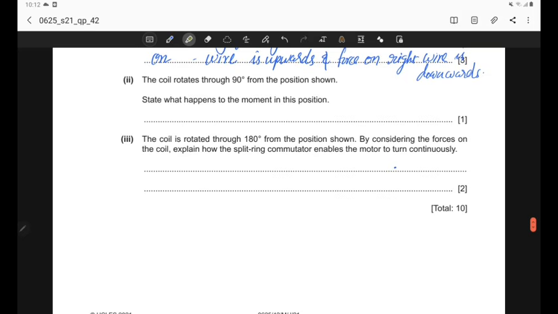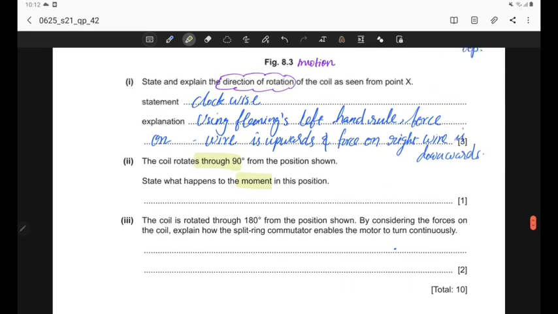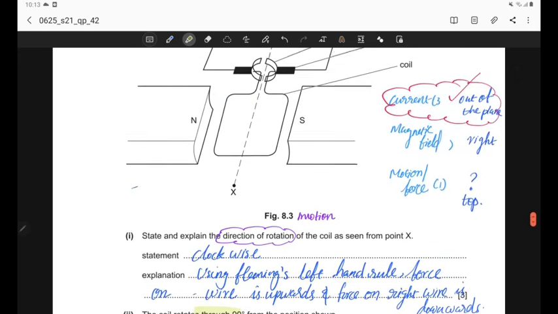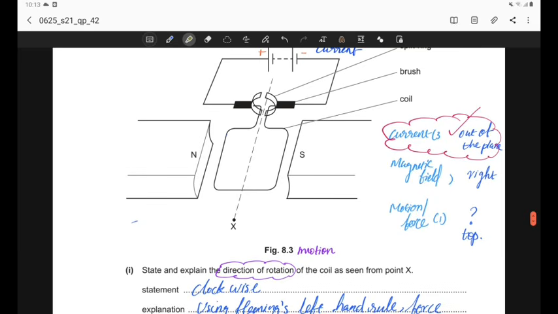Part 2. The coil rotates through 90 degrees from the position shown. State what happens to the moment in this position. Let's look at the figure. Now we can see the position of the coil in the given figure is in a horizontal plane. When it rotates 90 degrees or 1/4 of a complete cycle,